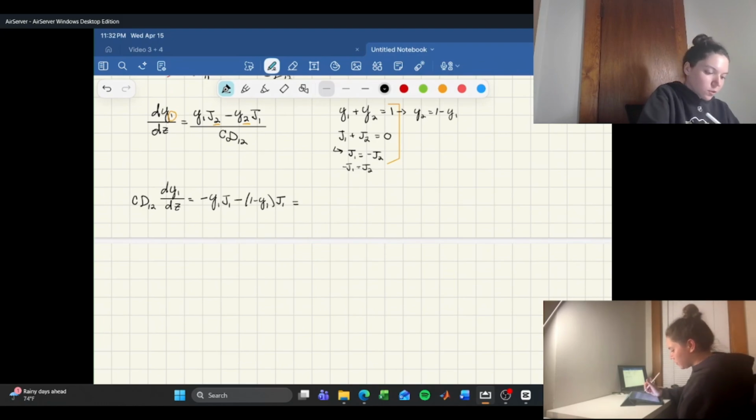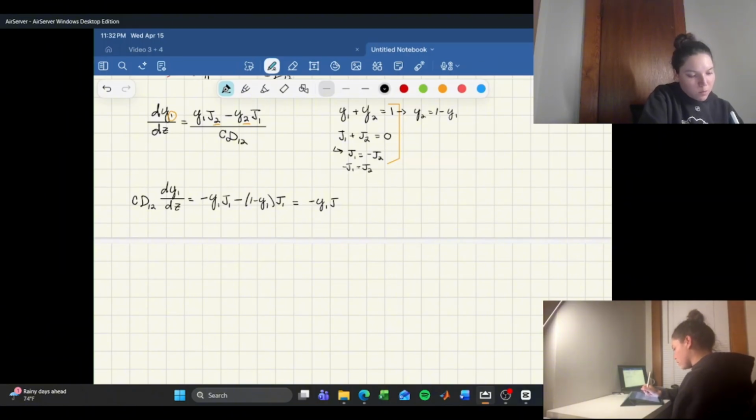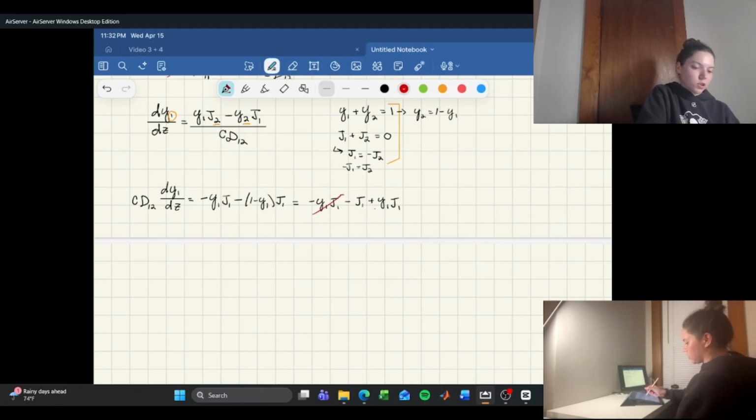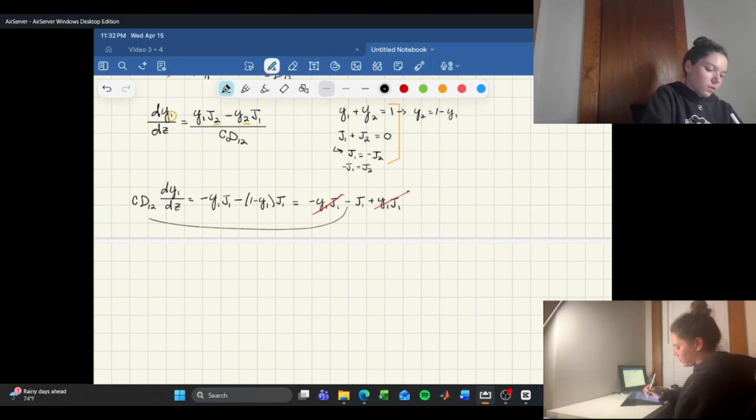It's going to be equal to negative mole fraction of 1 times the molar diffusion flux of 1 minus molar diffusive flux of 1 plus mole fraction of 1 times the diffusion flux of 1, and this cancels and so does this. And if we multiply this negative over,